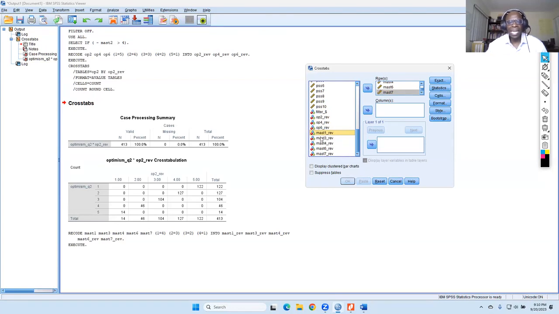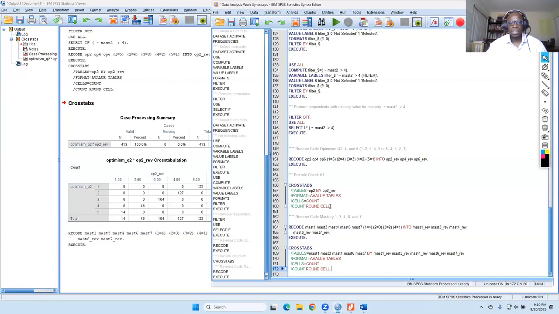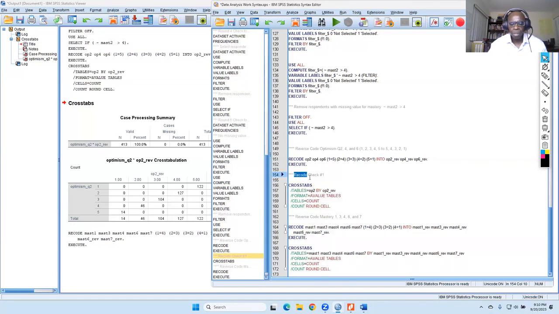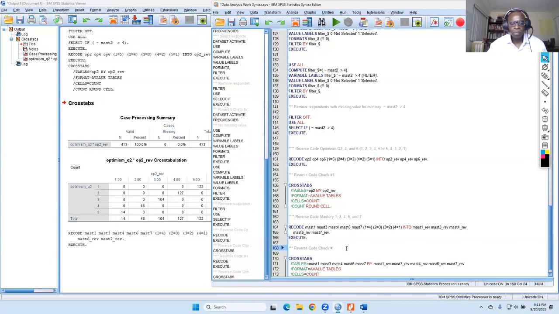What I do to highlight this is I click on the first one, hold down the shift key, and then move it over, and then I click paste. Okay, so this is recode check number 2. Reverse code check number 2.